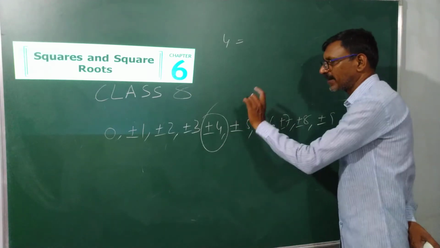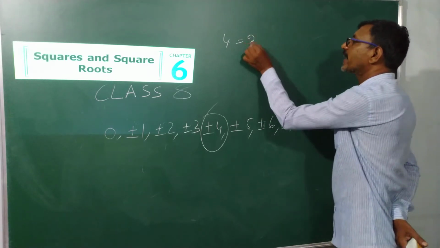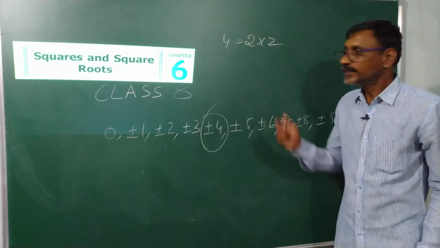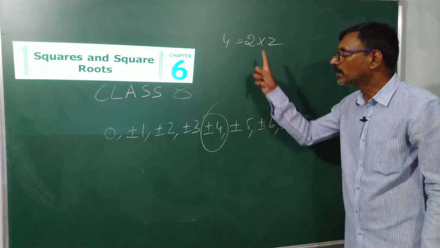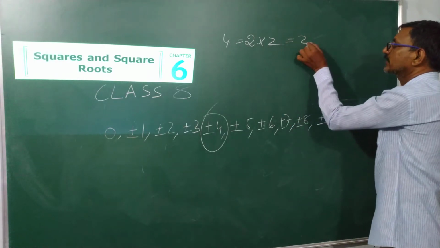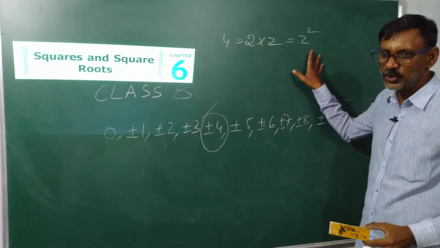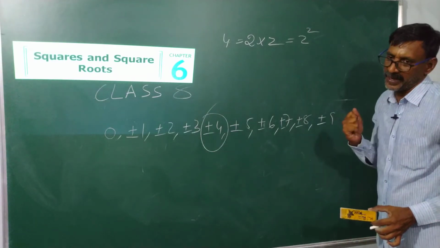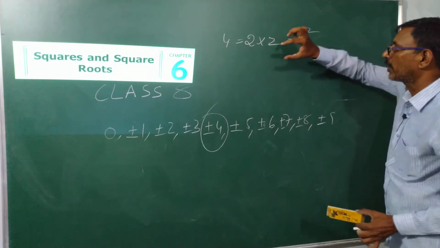Suppose you take plus or minus 4. I would like to take plus 4. It is an integer, that's all. I can write 2 2s. By observing this, 4 is a product of equal numbers. That's the reason 4 is a square number. This can also be written as 2 to the power of 2, that is, 4 can be written as 2 square. Here this is my power and this is my base. Power always says that the base should be multiplied 2 times.